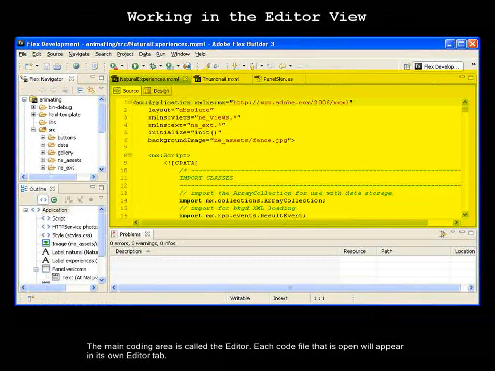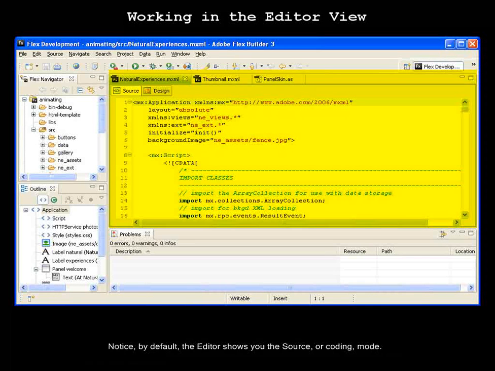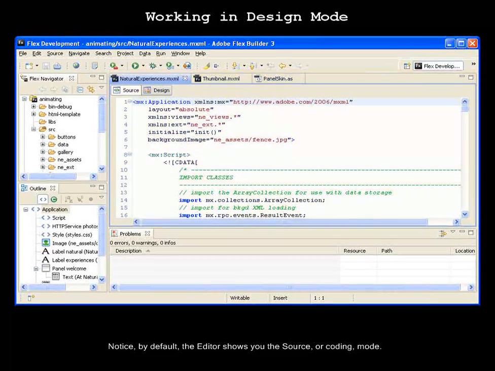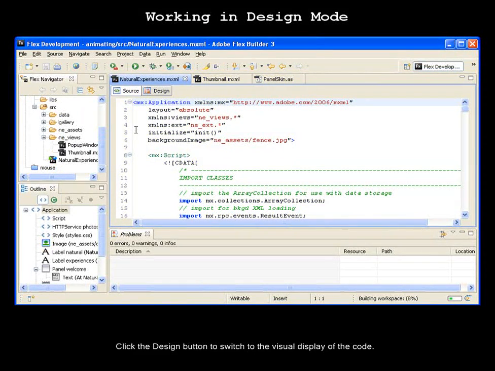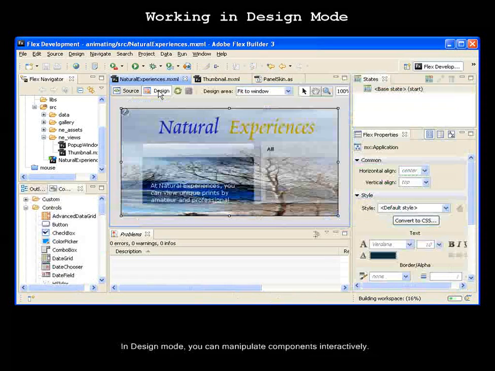The main coding area is called the editor. Each code file that is open will appear in its own editor tab. Notice, by default, the editor shows you the source or coding mode. Click the Design button to switch to the visual display of the code. In Design mode, you can